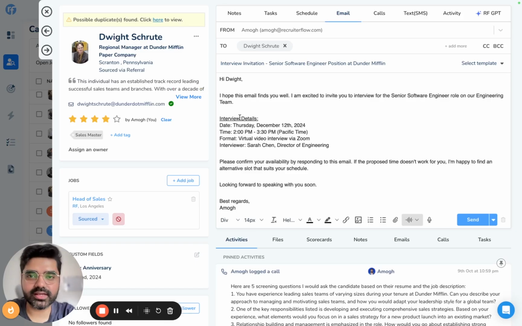So moving to the second biggest update this month, which is timing your emails. There was this request from you guys of having the ability to schedule emails for candidates and contacts, and now we have brought it into RecruiterFlow. So now I have an email drafted to Dwight. I'm kind of interviewing him for a senior software engineer position. I know, right? So I have the email ready, so I can now